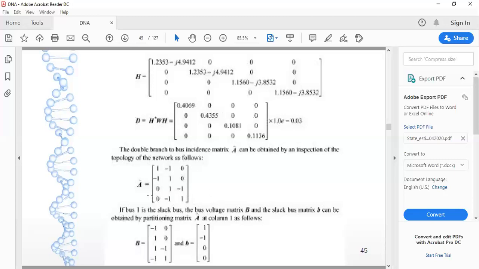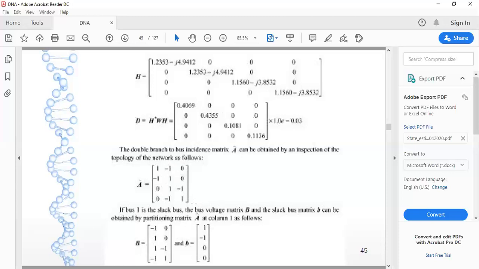Now after forming the incidence matrix, we have to assume that bus number 1, or any bus number, will be a slack bus. Here in this case, we have determined that bus number 1 will be our slack bus. So small b is nothing but this column. We separate out small b, that is the first column of my incidence matrix, and its elements are 1, -1, 0, 0, 1, -1, 0, 0. The rest of the components, the second column, third column, and all the rows, are my capital B.